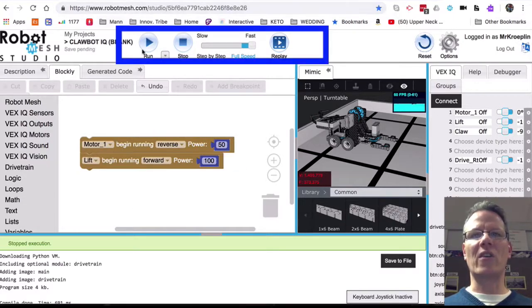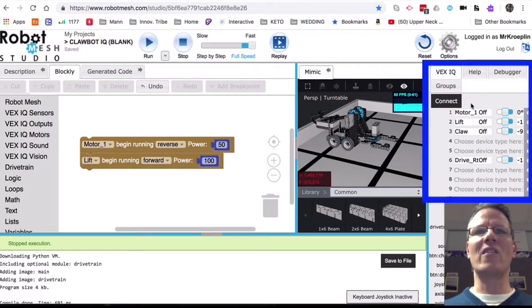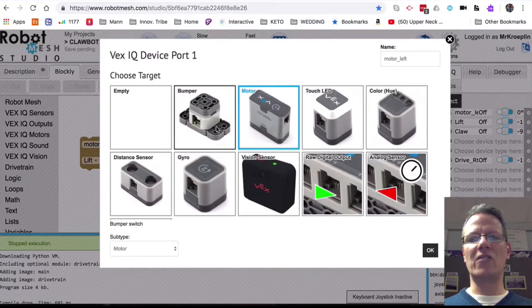The project download area is where you manage your projects and download them to your robot for testing. This device monitor area is where you can see what's plugged into the VEX IQ brain. In this case, the brain is here in our virtual environment. You can name the different controllers and motors, and you can assign devices to each port. If I want to change this from a motor to a bumper, let's say, or a distance sensor, I can. I can also, for motors,